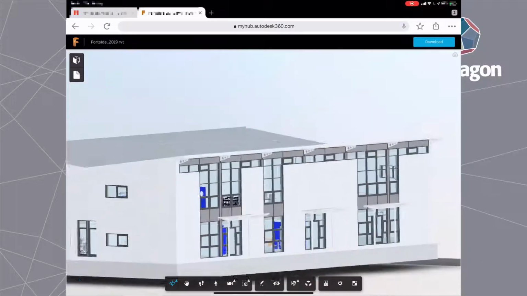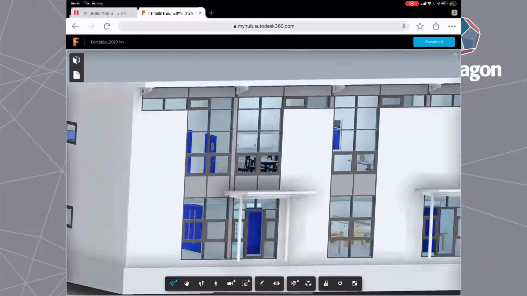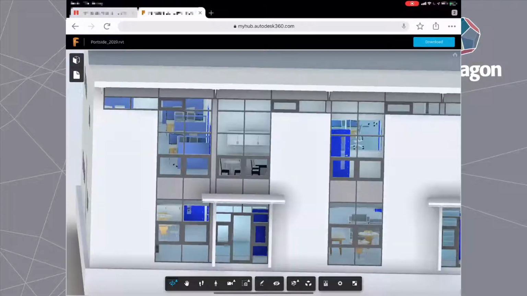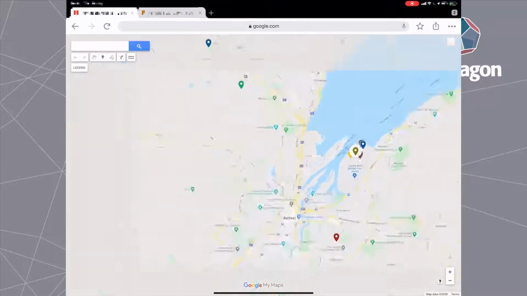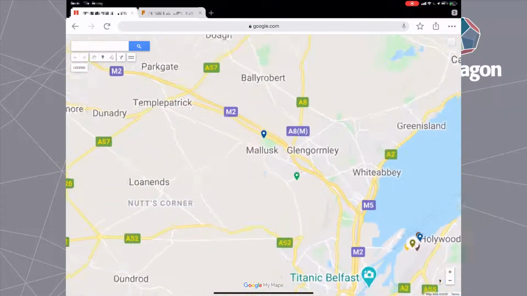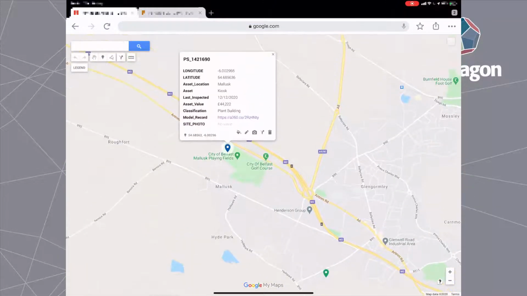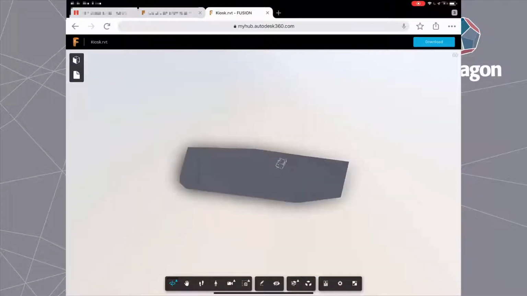This is taking us to the A360, it could be BIM 360 or another system. These are our offices in Belfast. So it gives us information about the model that we could measure or mark up in there. But there's much more data that we need to access behind that. And we're going to have a look at a site in Mollusk, and it's going to take us to this